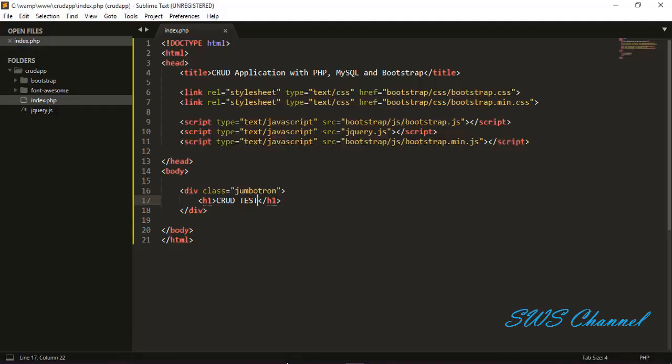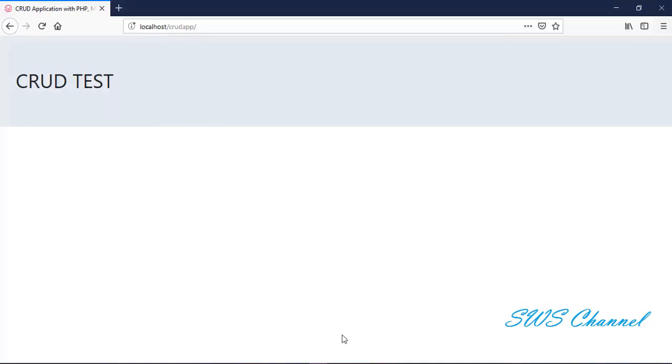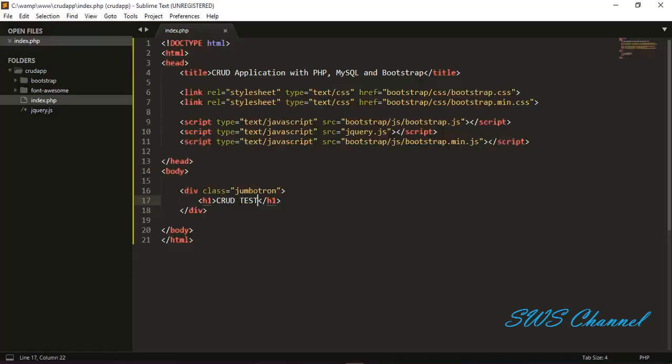When you need this kind of background, you can use the Jumbotron class of Bootstrap. We linked the needed files, and we linked the Bootstrap needed files in the project. Let's create our